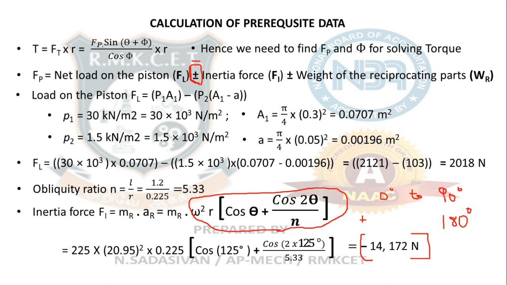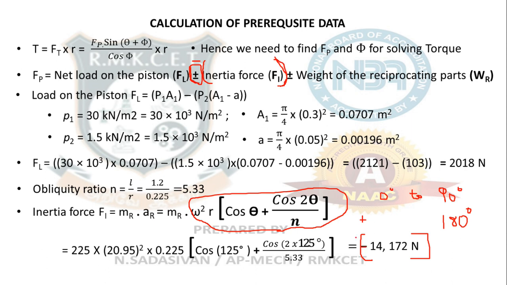You maintain a default negative symbol in the formula, but when you are writing it in the paper, you should not write minus. For solution purpose, you can put a default minus and put a bracket and write the answer whatever you are getting for inertia inside the bracket. Okay, put the inertia inside a bracket, maintain a minus symbol outside. Whatever, if you should add the inertia, you will get a minus answer, negative answer.